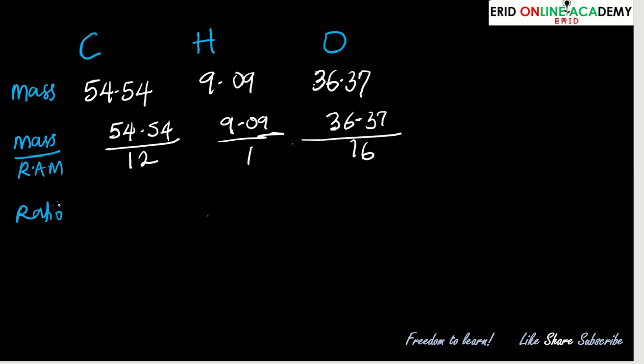So if you divide 54.54 by 12, that gives us 4.5. Now 9.09 divided by 1 gives me 9.09, and 36.37 divided by 16 gives me